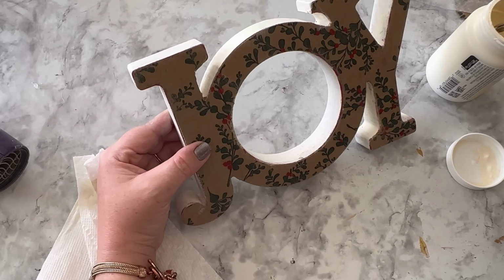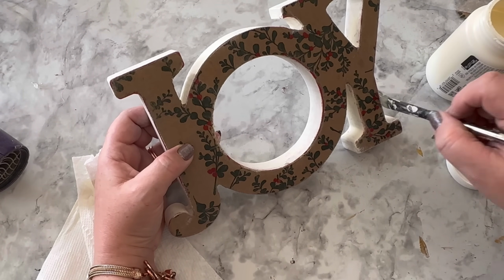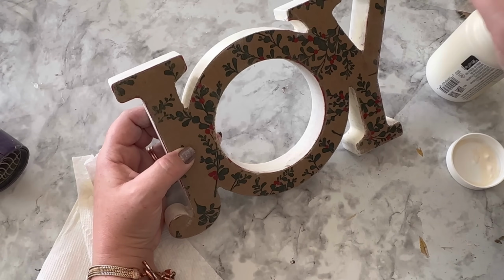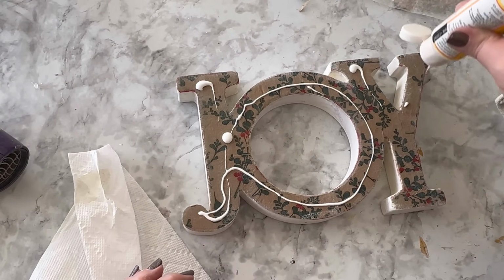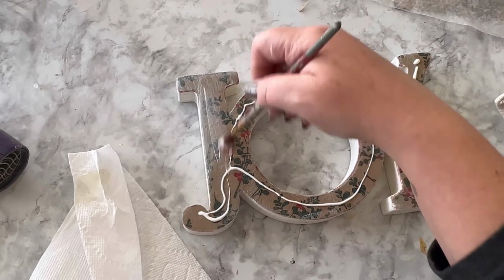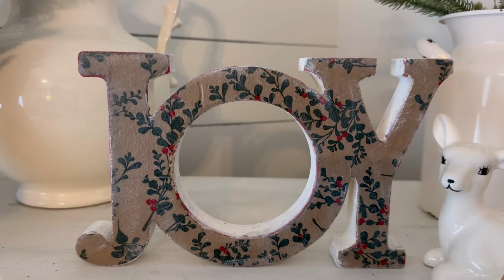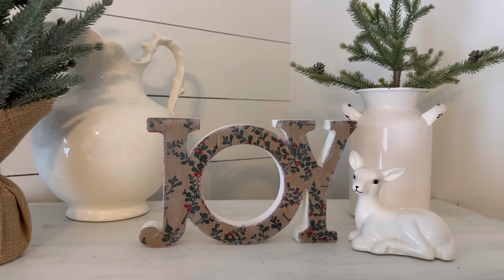I decided to dry brush a little bit of the ivory paint just around the edges to make it look a little bit distressed. And the final step is to seal it with more Mod Podge, and I did it the same way I did before. So this was originally red and glittery, not my style,